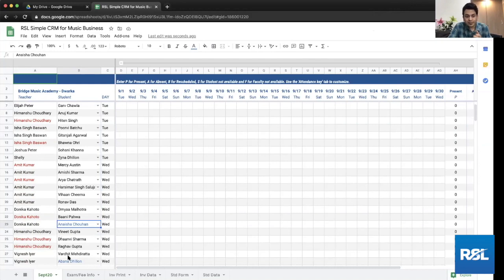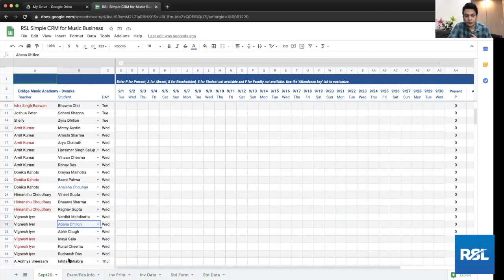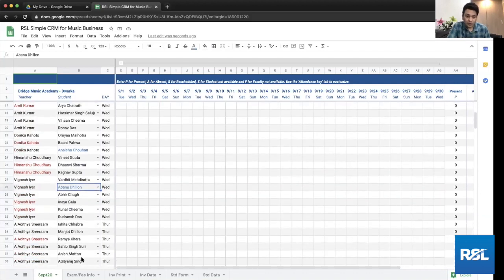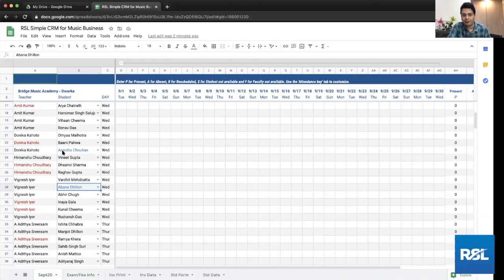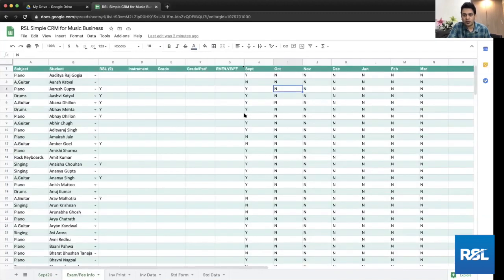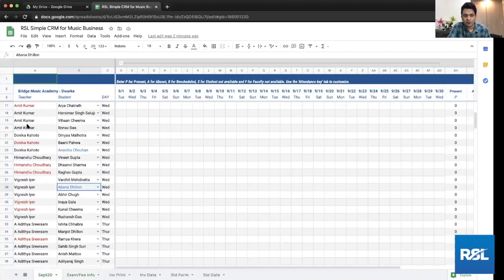So this is how the names are going to be in blue, highlighted in blue. So you will see how it works is this. So we have the exam and the fee information file. And here, if the invoice is created, you will need to type in Y for yes or N for no. And depending on what you have typed in here, it will basically show the name in blue. So suppose, sorry, not the name in blue, but the fees. If the fee received is N for the month of September, the teacher's name is going to be in red here. But if the fee is paid and you have marked yes for that, it will turn black.